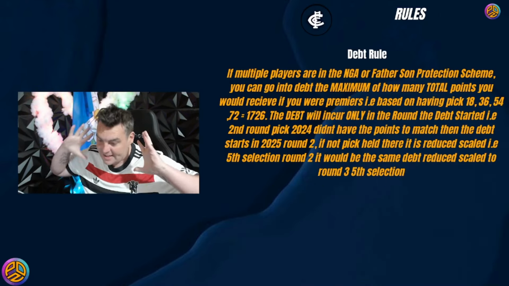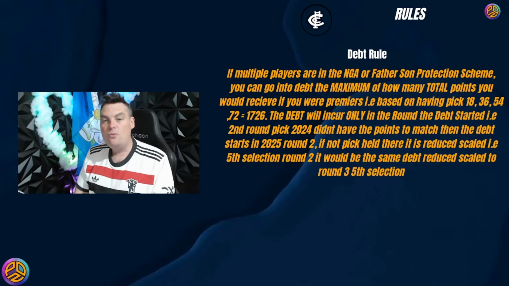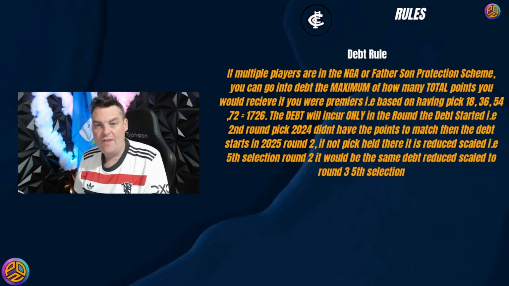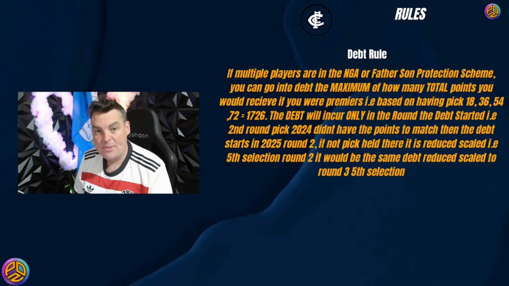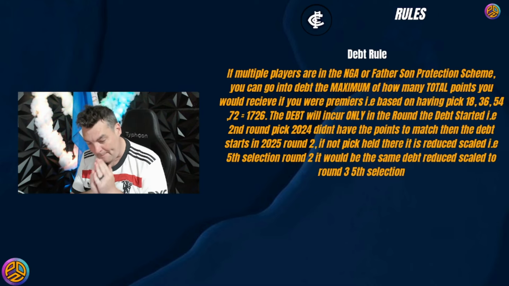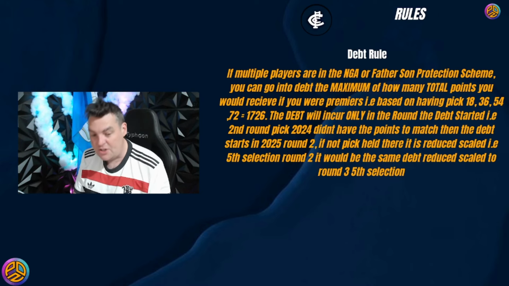Now, then there is a debt rule. So this is very important for Brisbane. Currently, if you have players in the NGA or father-son, sometimes you will be able to match all the bids. Now, obviously, this is why the AFL has that important rule that you're only allocated live bids for list